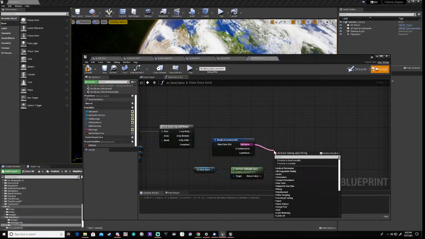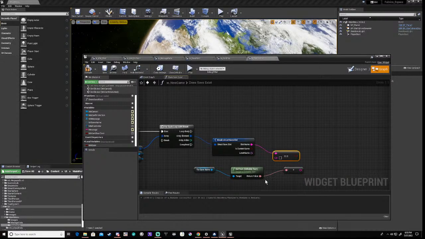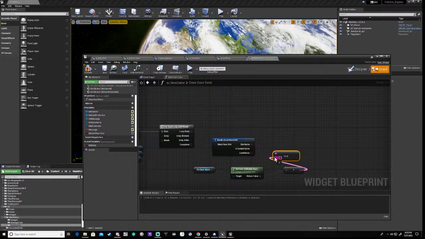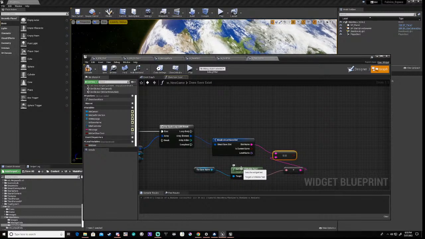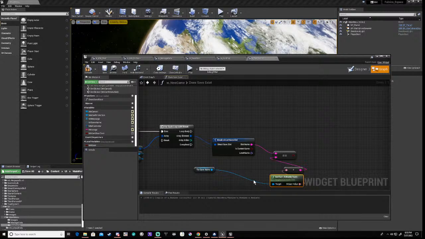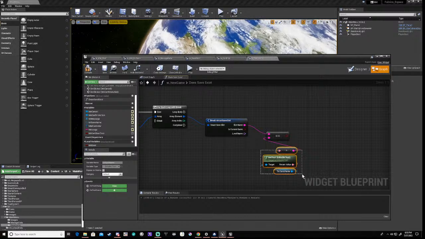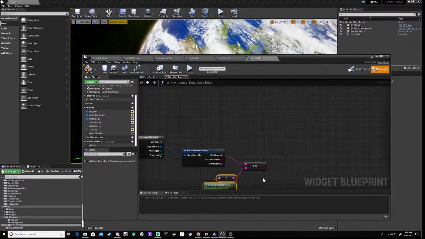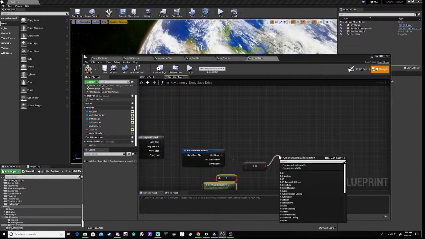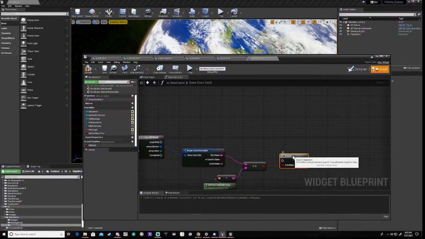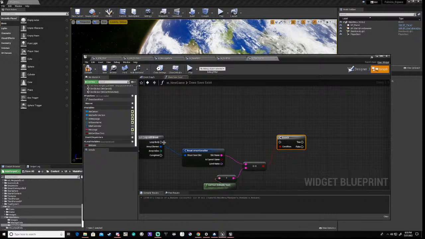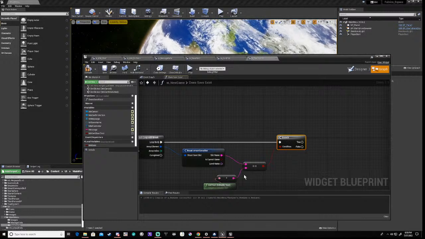Then we're going to compare these and say if that string equals that string, and it's going to be case insensitive, so we don't care if it's lower or uppercase, we're not going to allow it either way. Okay, so we can move this across, then we can say branch so we put that in there,